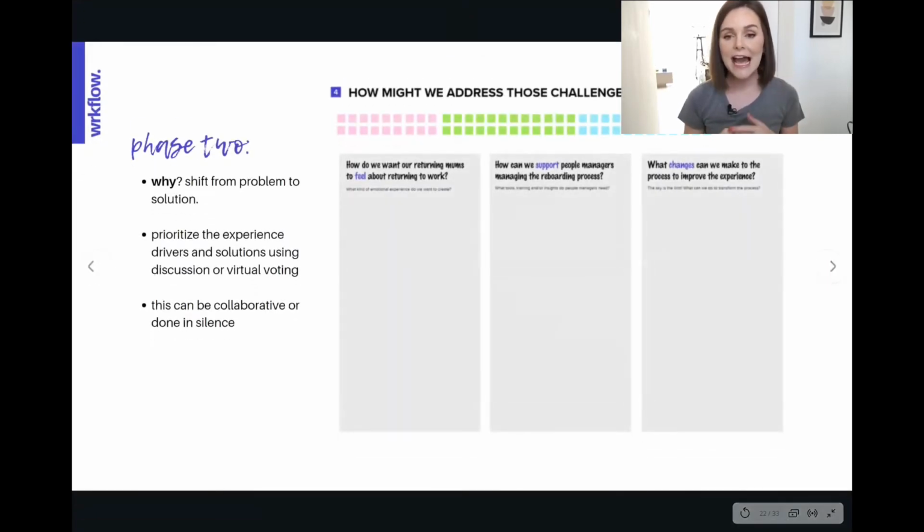Phase 2 is, how might we address those challenges? So this is where we shift everybody from what are the problems to what are the solutions, and how might we, as a really popular human-centered design kind of technique or question that we like to ask, and it just allows people to think quite broadly about the solutions that will address those challenges. So as an example, in the context of this session, we looked at,